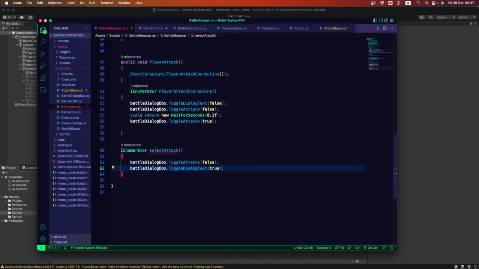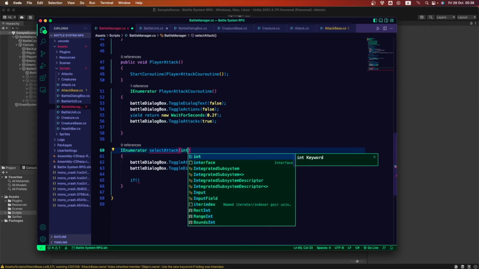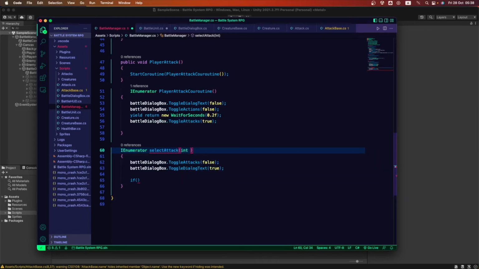I'm gonna save that there, and after that I'm gonna start with a conditional, which is the one that decides which of the buttons I'm selecting and what it's gonna write or perform depending on the button. So let's start writing that. If, and I want to add here a variable. These are gonna be the arguments of this coroutine. First, I want to know which position, which number of attack inside my list is the one I'm gonna be using. So I'm gonna be using a variable called selected attack.